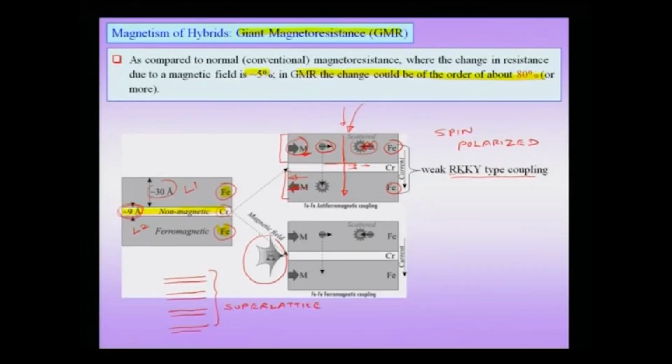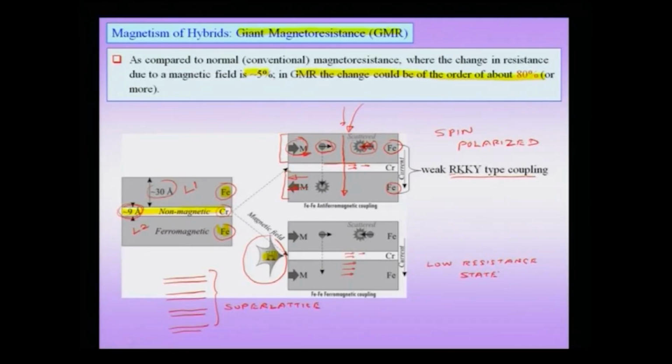Now, suppose I put an external magnetic field H. What happens now is that in the presence of an external magnetic field, the magnetization vectors in the bottom layer are also pointing in the same direction, and we already noted the spin polarized current in the middle layer when it crosses is pointing towards the right. So, when it comes down to the bottom layer, there is nothing impeding it. In fact, it is going to reinforce the spin polarized current and the current can flow unimpeded. That means you have obtained a low resistance state in the presence of a magnetic field.